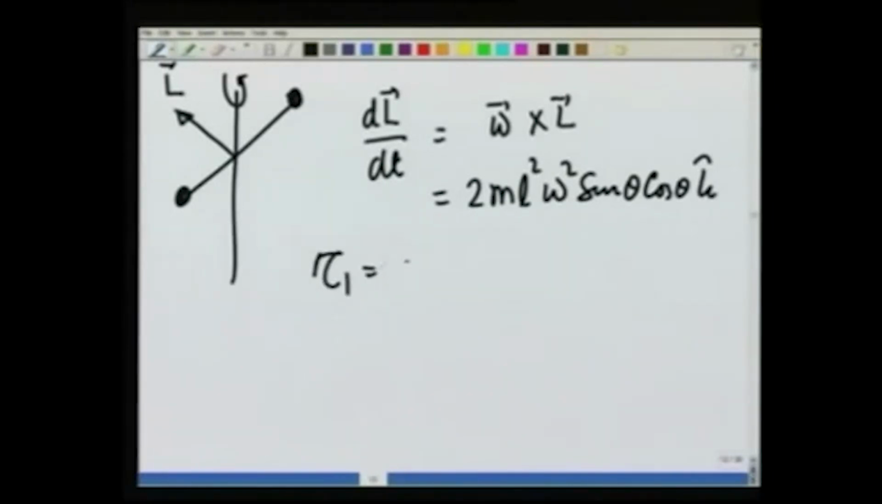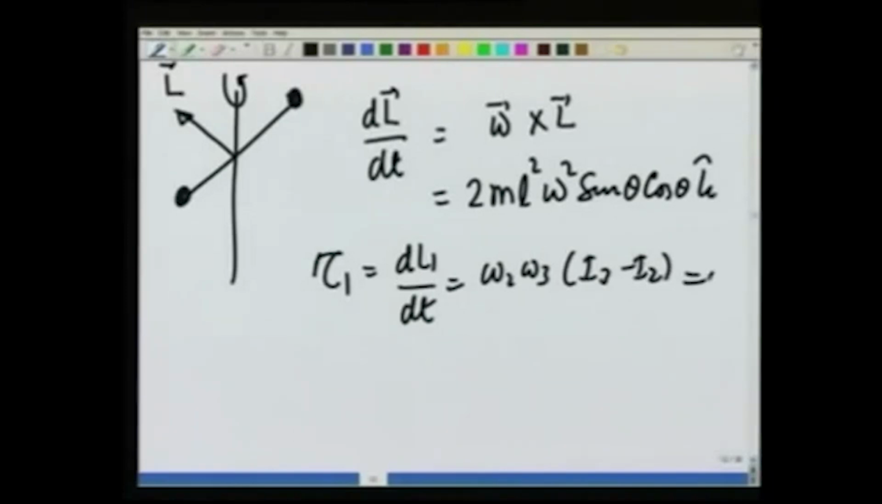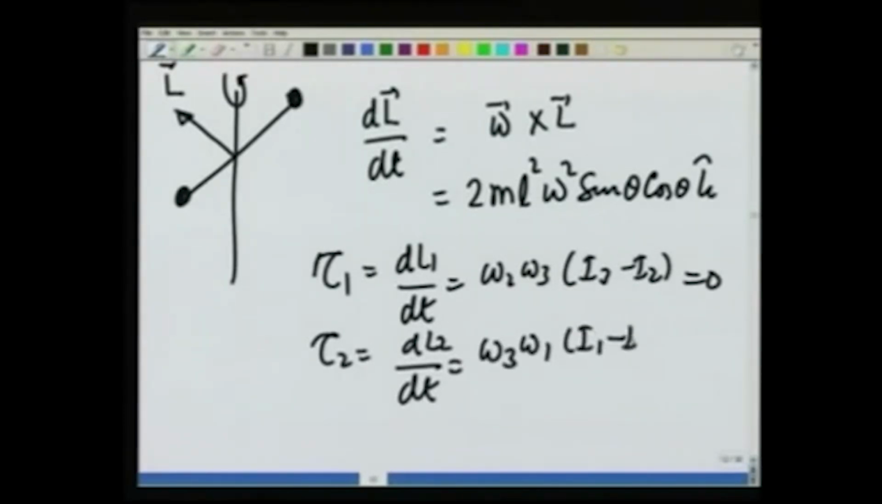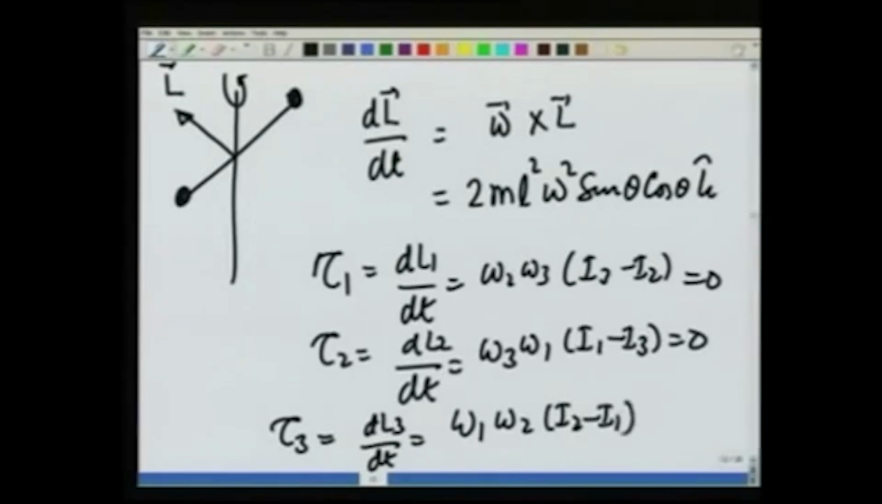tau 1, which is dL1/dt, purely due to rotation, it is going to be omega 2 omega 3 (I 3 minus I 2), which comes out to be 0. Tau 2, which is dL2/dt, which is equal to omega 3 omega 1 (I 1 minus I 3), will also come out to be 0. Tau 3, which is dL3/dt, is equal to omega 1 omega 2 (I 2 minus I 1), which will come out to be this. So the torque is in this direction,